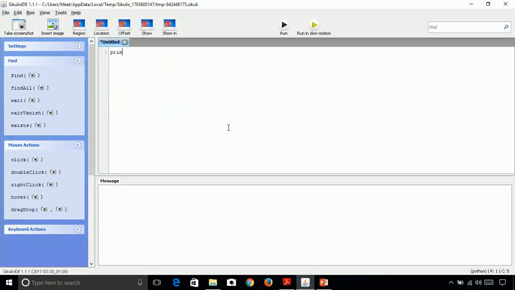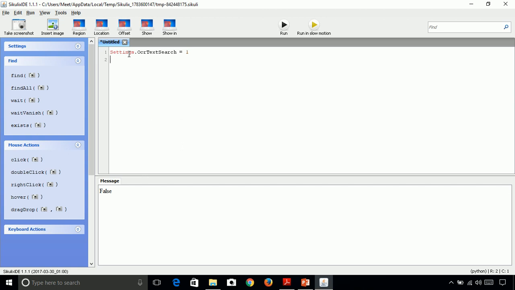We can first see what the OCR features default value is. By default it is false. So let me run it, and it is false. So we need to set it to true so that we will be able to search the text through region. So let's set it to true. Here 0 means false and 1 means true. So we have set the OCR text search option to 1.